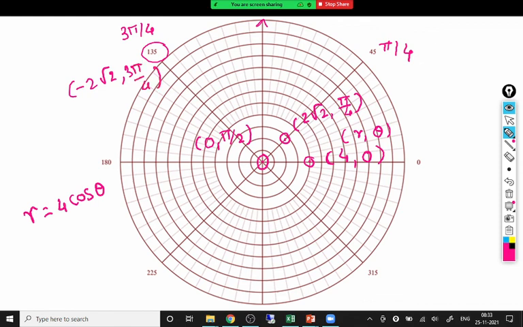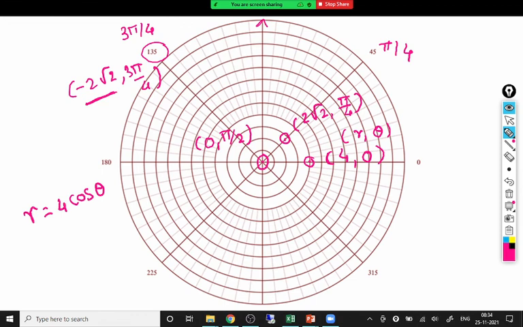But remember, whenever r is negative, such points are never plotted, because r is a length that we have to plot on that angle theta. So this is the angle 3 pi by 4. On this angle, we have to plot this length, and the length is never negative. So you have to ignore that length whenever r comes negative. Ignore those points because these are considered a region of absence.